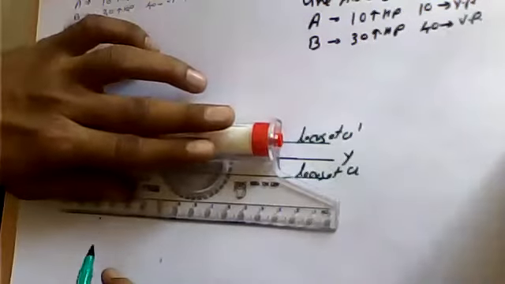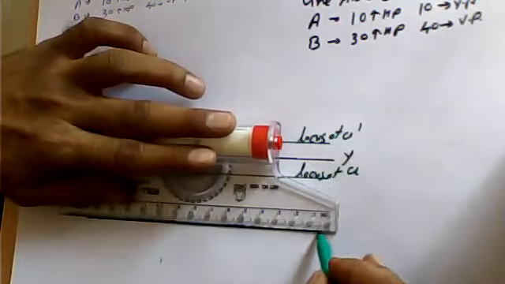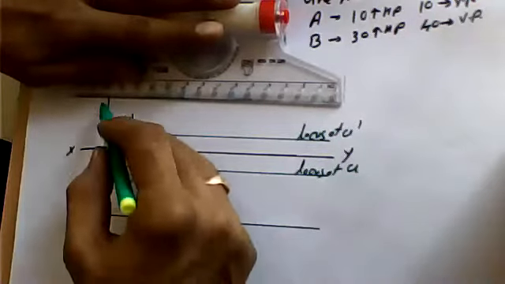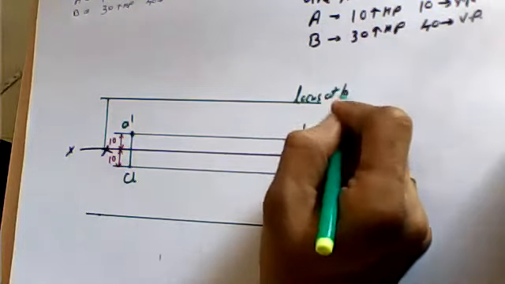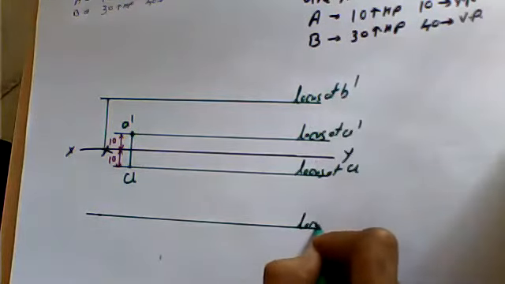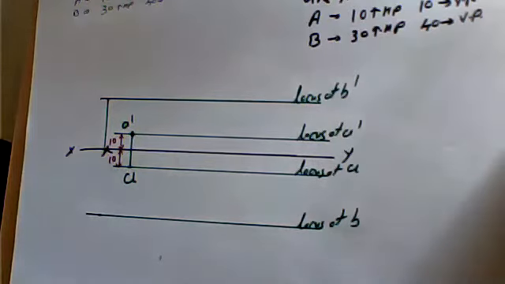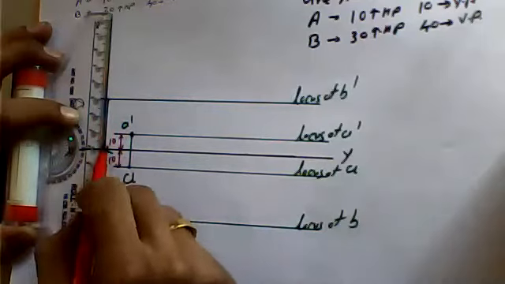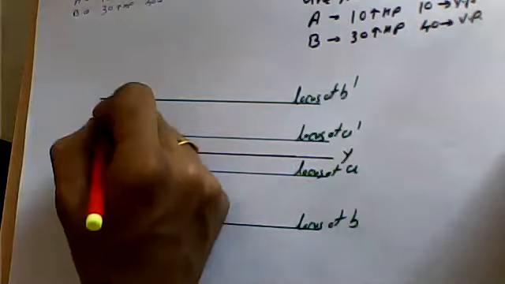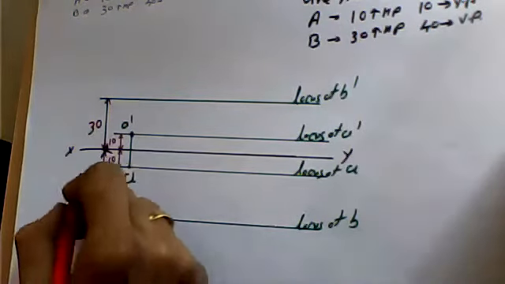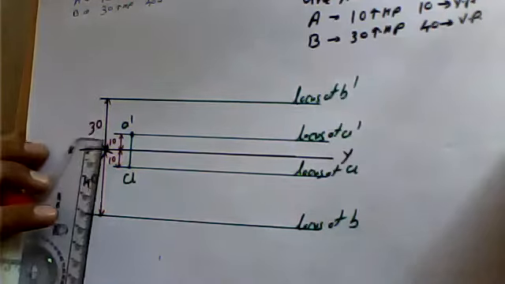So I'll be drafting the locus of point B over here, position B, and the locus of B dash over here. This one is representing the locus of B dash, and this one is representing the locus of B. At which distance has it been drafted? It has been drafted this much distance away from the reference. So you need to see the dimensions also: 30 mm above HP and 40 mm in front of VP.